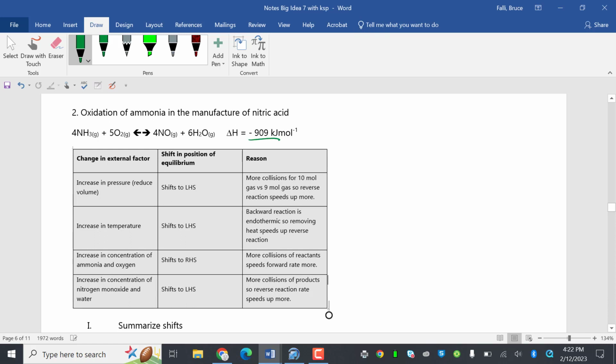I got another negative delta H, so I'm going to put plus heat. I'm just going to put the word heat this time on the right-hand side. I'm going to increase the pressure by reducing the volume. So my first thought is going to shift to the side with fewer